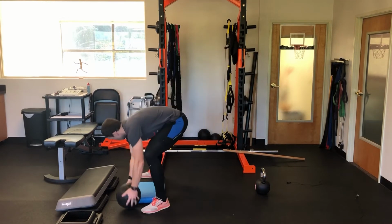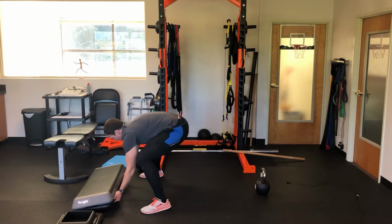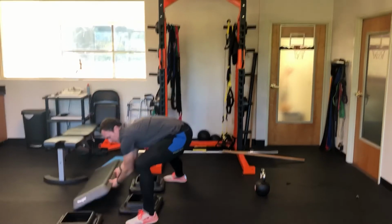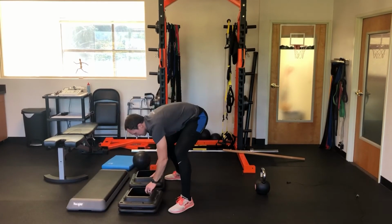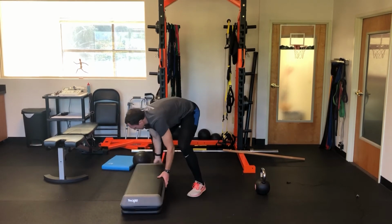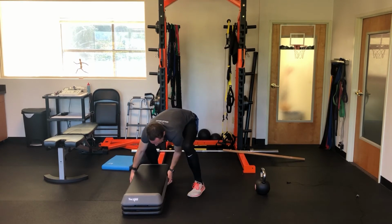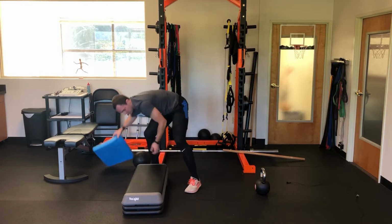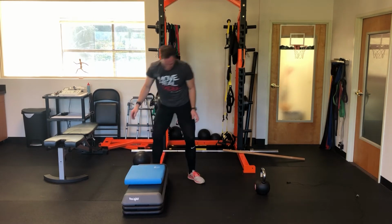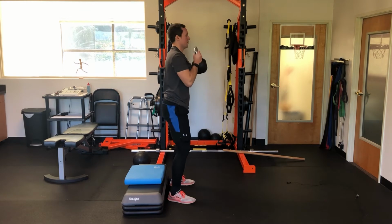One thing I'd like to show you is giving yourself a target. We call this a box squat. So giving yourself somewhere between 1 to 2 foot target, depending on your height, to drop your bottom down to. And so this is about 14 inches here. And so, come here,